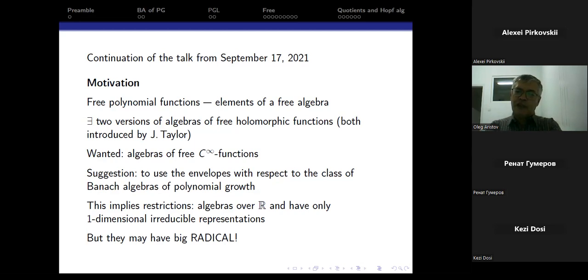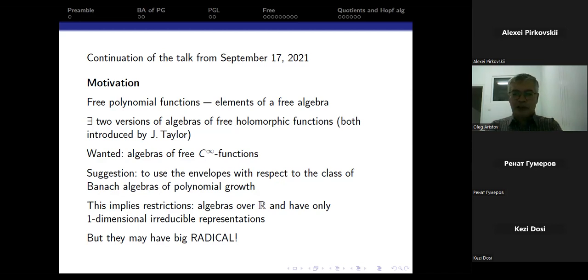as free holomorphic functions. There are two versions of such algebras. I do not need the definition here, because I want to find a definition of an algebra of free C-infinity functions. And I suggest to define them using envelopes with respect to the class of Banach algebras of polynomial growth. But this class of Banach algebras